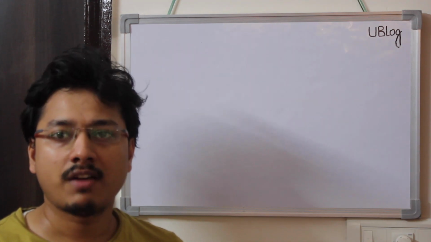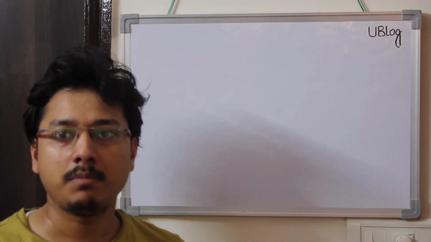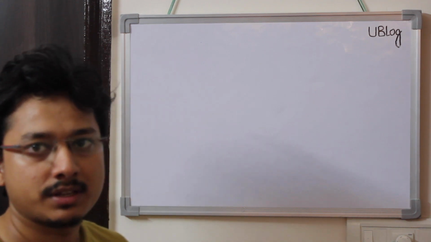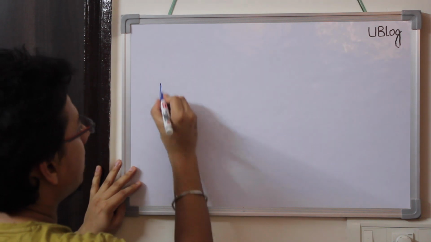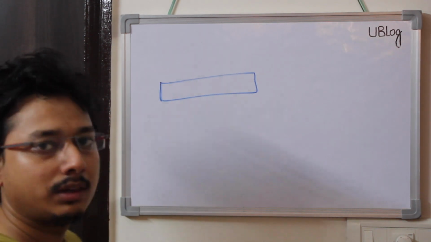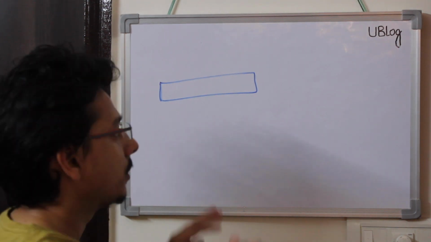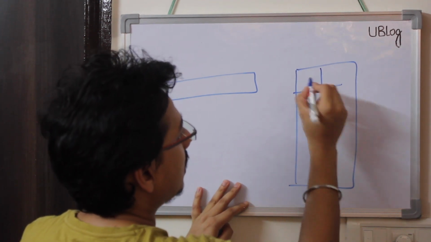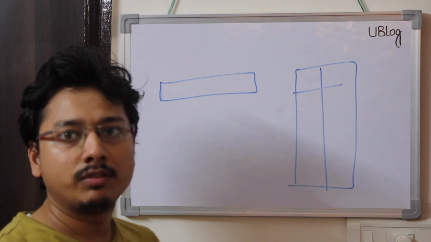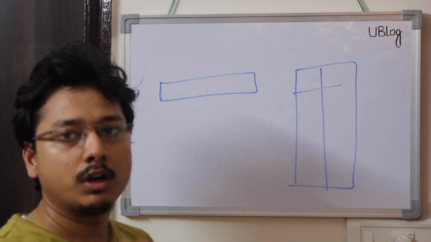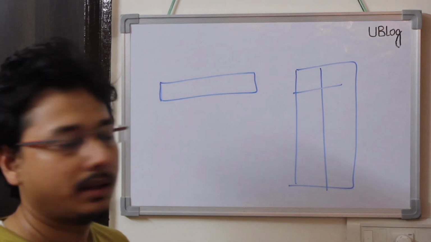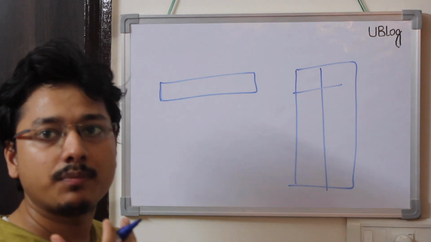So what we can do is have a combination of array and hash map to solve our use case. Let's see how it can be solved using these two data structures. I have an array wherein I store all the elements, and I also have a hash map. In my hash map, the key will be the value of the element, and the value will store the index in the array at which that element is stored.